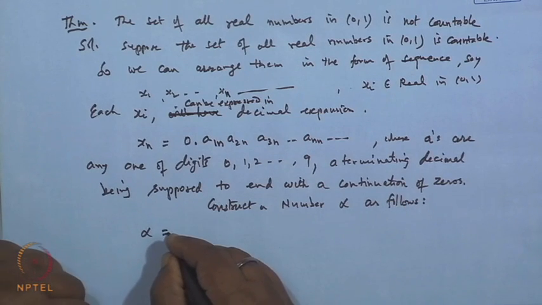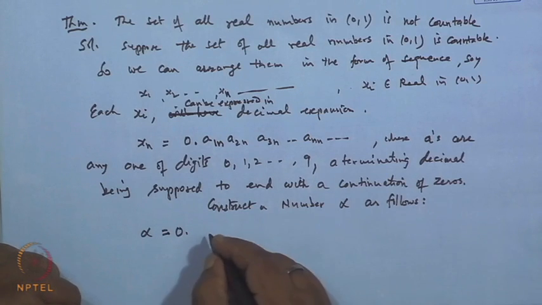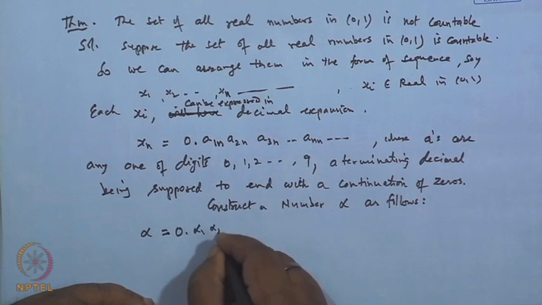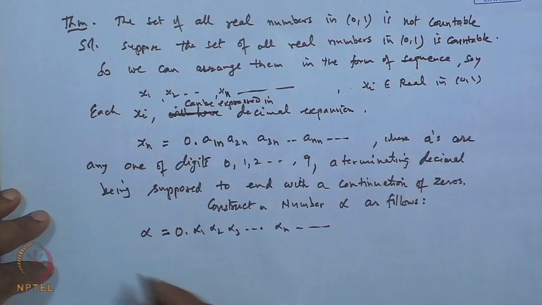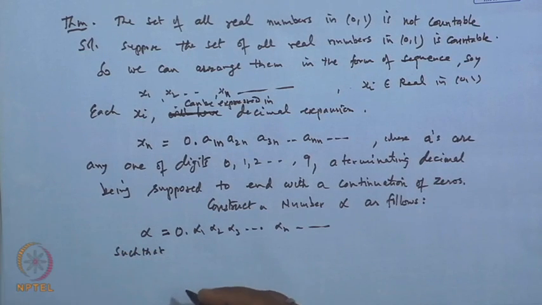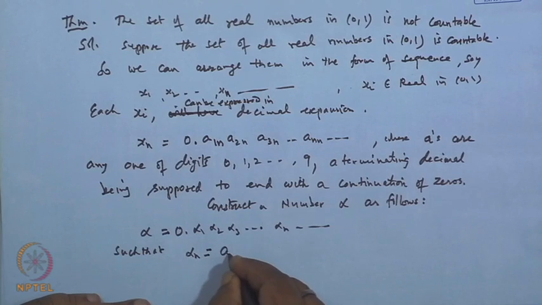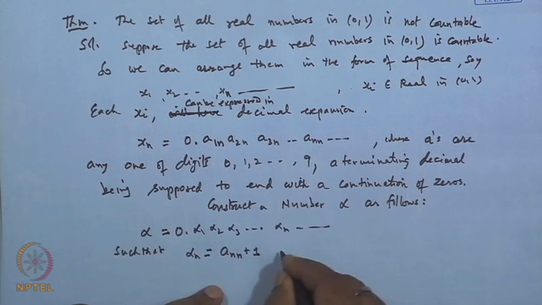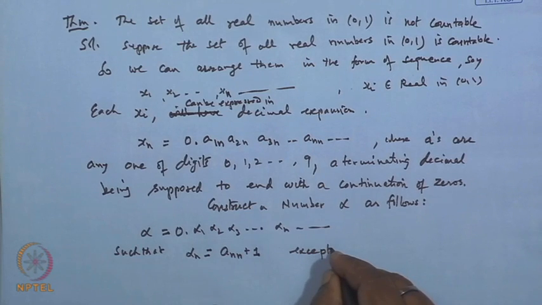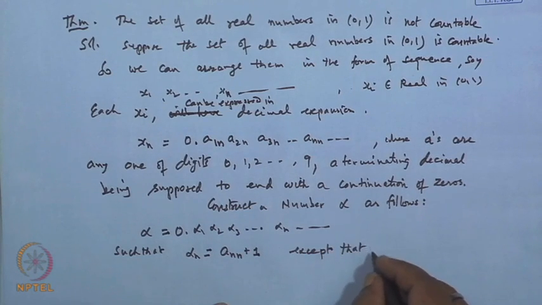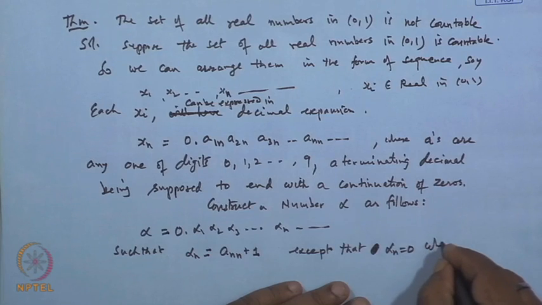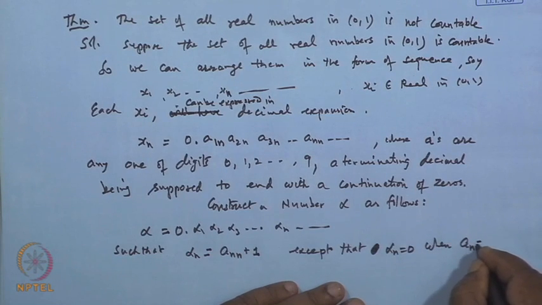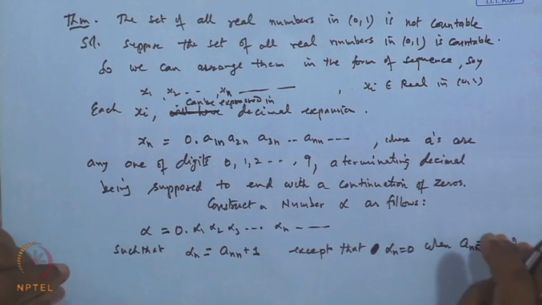I am writing the decimal expansion of alpha as 0 point alpha 1, alpha 2, alpha 3, alpha n and so on, such that alpha n is nothing but a n n plus 1, except that alpha n is 0 when a n n is either 8 or 9,